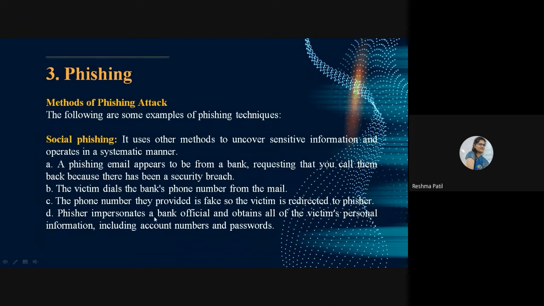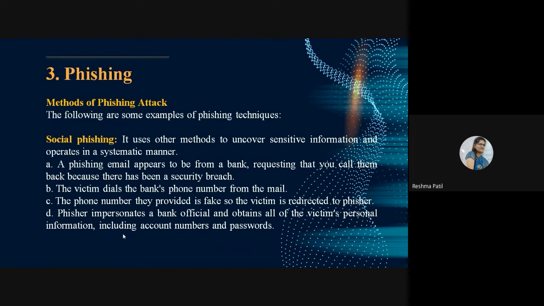The phisher impersonates a bank official. He will behave like he is a bank person and obtains all the victim's personal information, including account numbers and passwords. So this is the social phishing method. In this method, the phisher will send mail that looks like it is from the bank side. In that mail, they will tell that there is a security breach and you have to contact your branch,